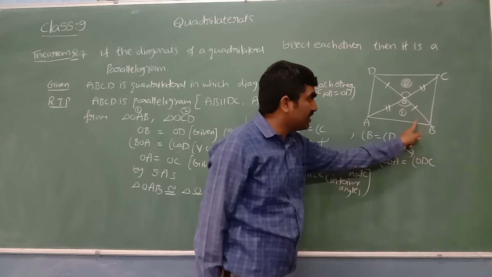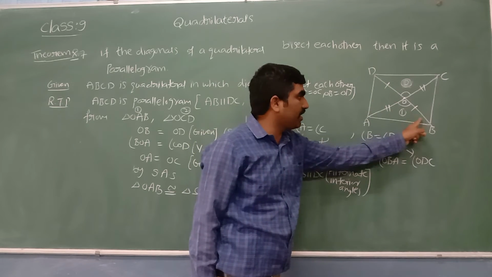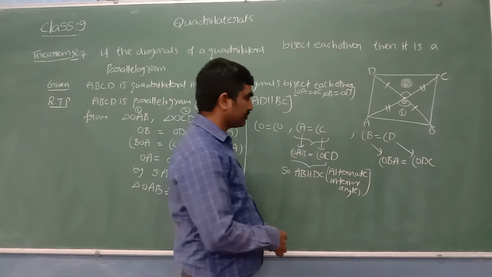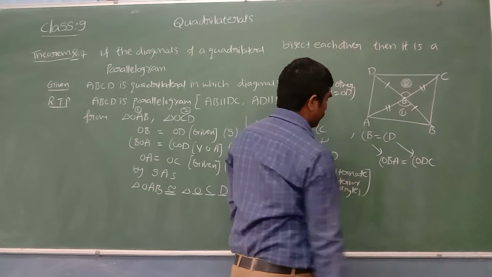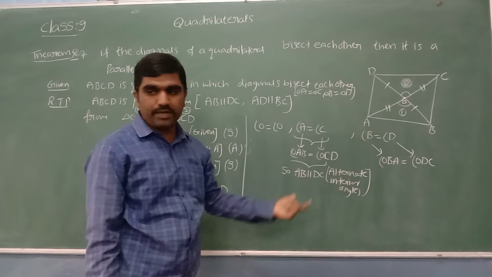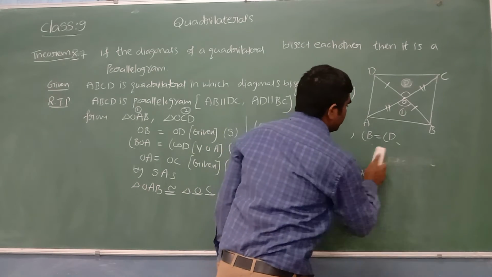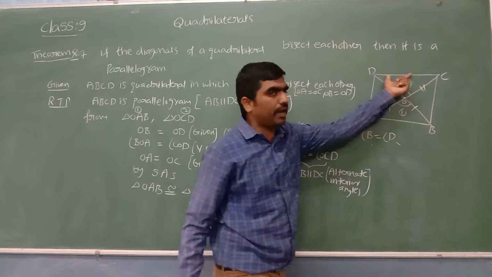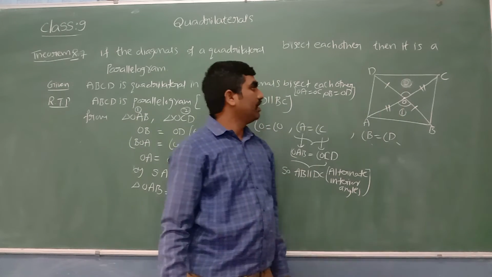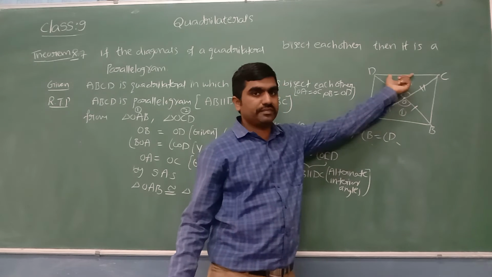How are these two angles? Sir, even these two angles are alternate angles. Alternate angles are equal. So now we can say AB is parallel to DC. We already proved it here. Even from here also we can say the lines are parallel. By the second time I got AB parallel to DC. By taking these two triangles, I proved AB parallel to DC.